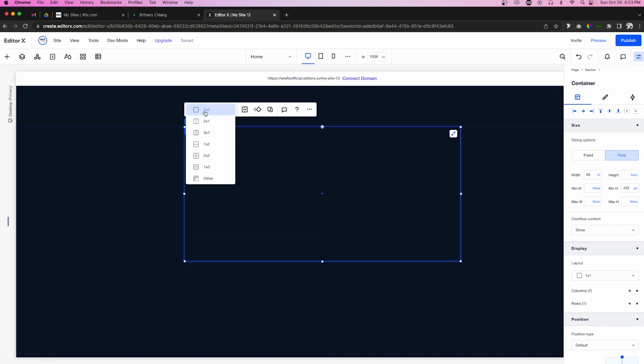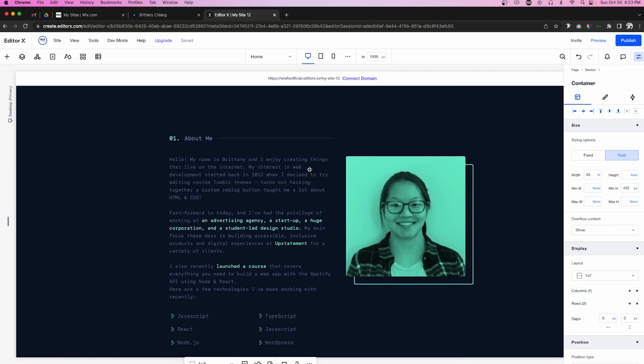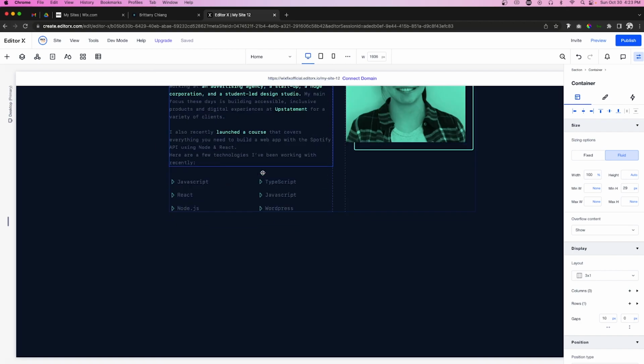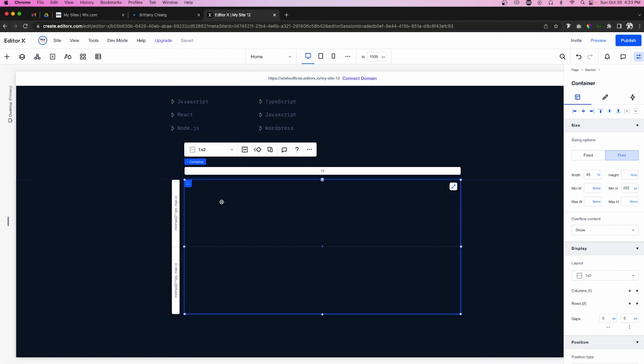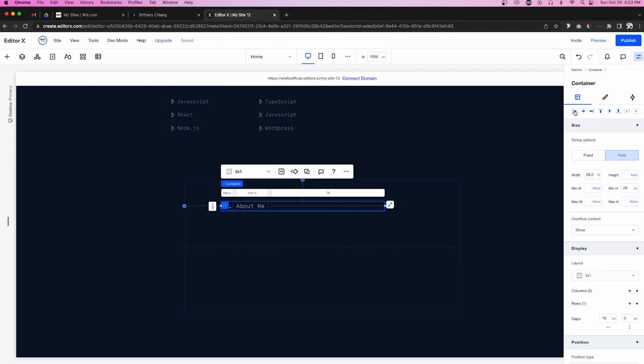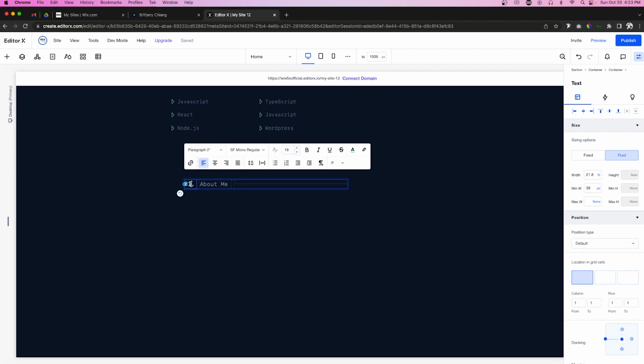With this, I want there to be a 1x2 grid here. And what I want to do is actually go ahead and grab this container right here. And I'm just going to paste it in the top section here. We'll send it to the top left. This text is going to be 02. And this text right here is going to say where